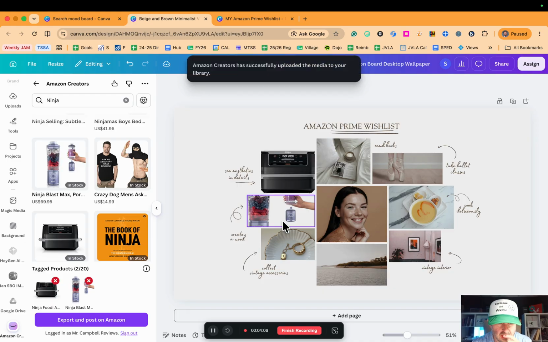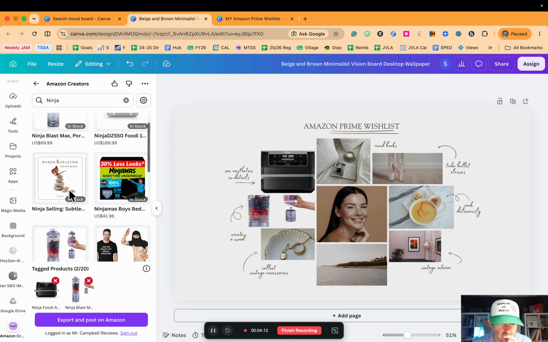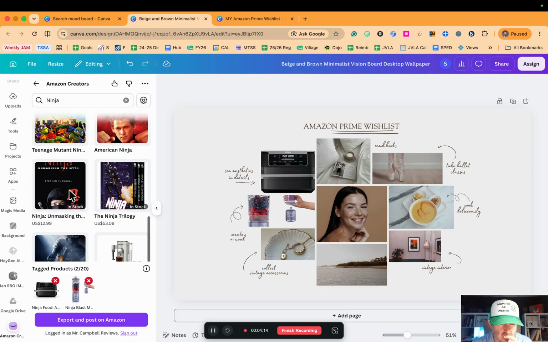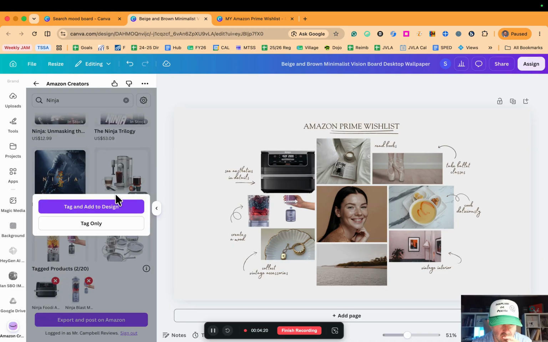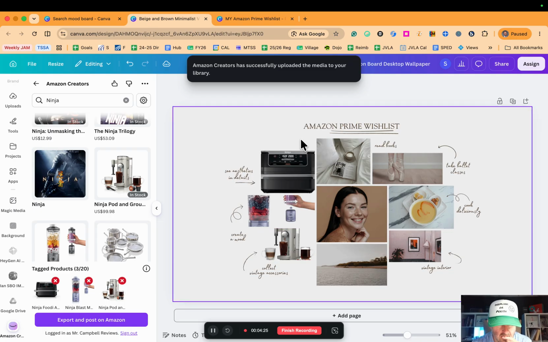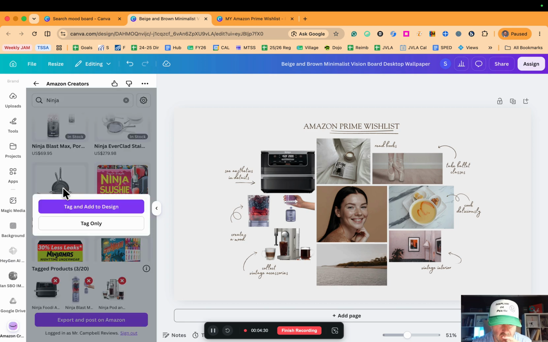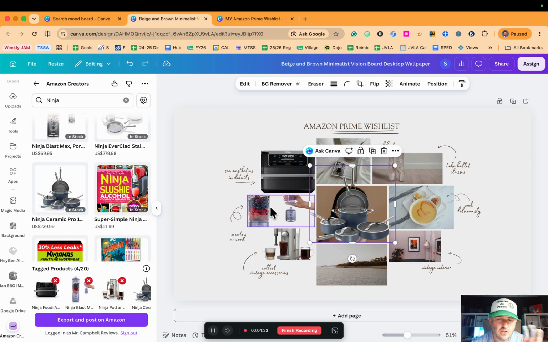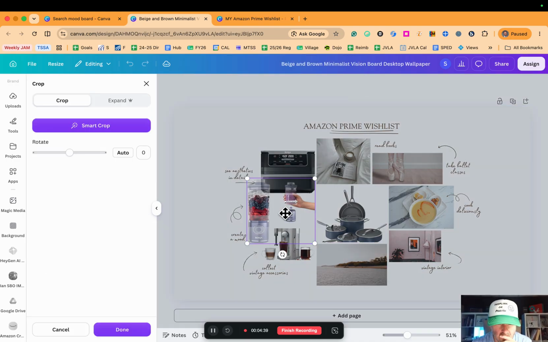Oops. So that one's already tagged. Let's see, we've got the food dehydrator, we got this, we got this. Let's see, what else do we want to do? Let's do the ground coffee machine. So we're going to click that, tag that, and add that design. So again, we can drag that here. And let's see, ceramic pro, we'll do that, tag and add design. And again, you can search for whatever you want. So again, you'll notice how this is replacing the pictures. And I don't really love how this one is chopped. So we might have to take off Smart Crop